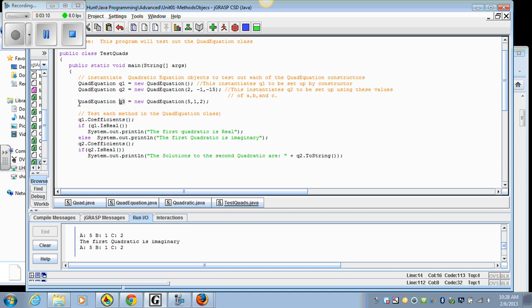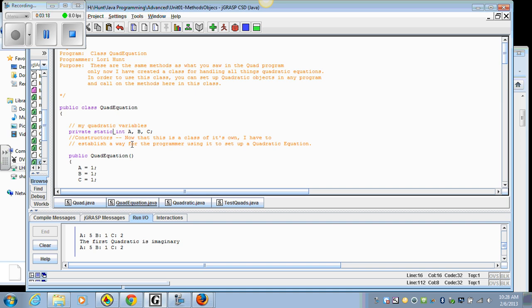But I have declared Q3 and given it values of 5, 1, and 2, and because my quadratic equation class has this set up as a private static variable list,